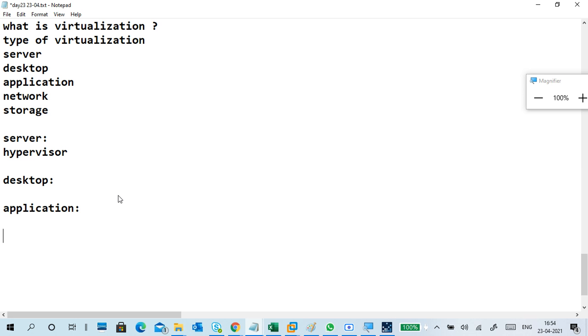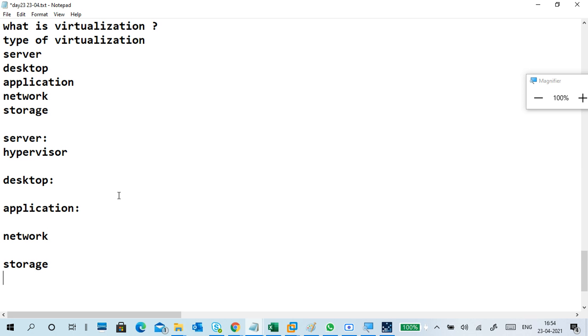Another important one, again, all are important: server and storage. Whatever you learn in networking and server virtualization using Hyper-V, you can give all answers. Network virtualization comes with a hardware connector, so we can create VLANs, virtual LANs.